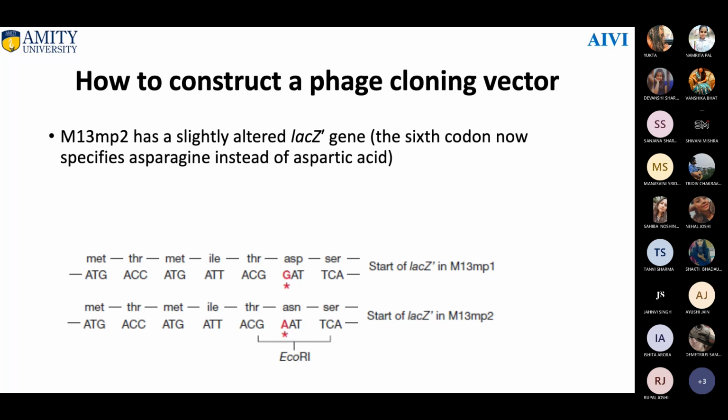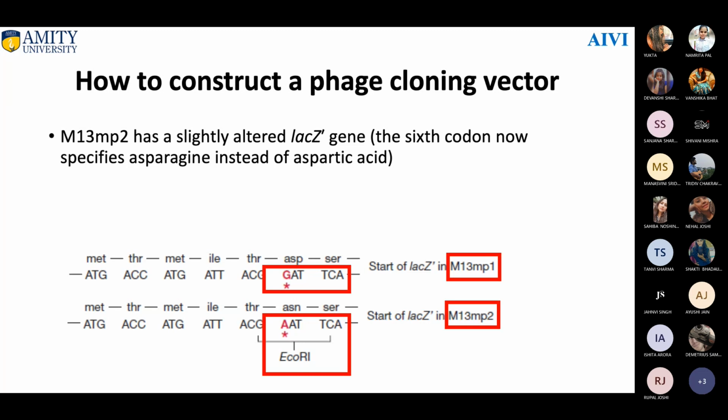The incorporation of the EcoRI site leads to a change in the codon from aspartic acid to asparagine. In terms of the modification, earlier it was COOH, but now it is CONH2. That is asparagine, an amide, whereas aspartic acid is an acid.